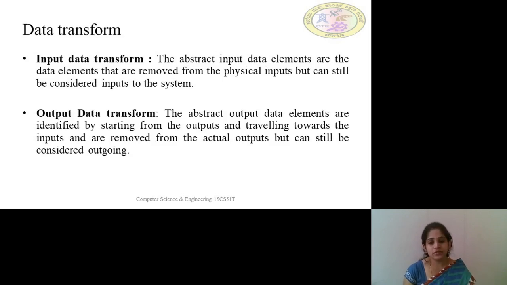Similarly, in the abstract they are removed from the output, and we are traveling towards the input, but that farthest removed can also be considered as an outgoing. With the help of these two transformations, we are able to identify the abstract input data elements and the abstract output data elements.